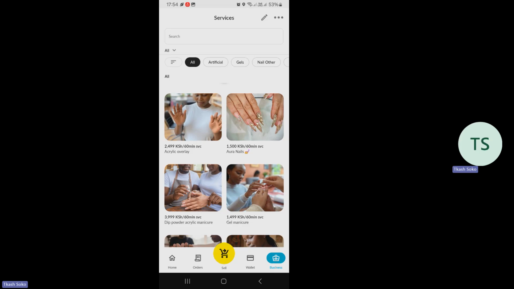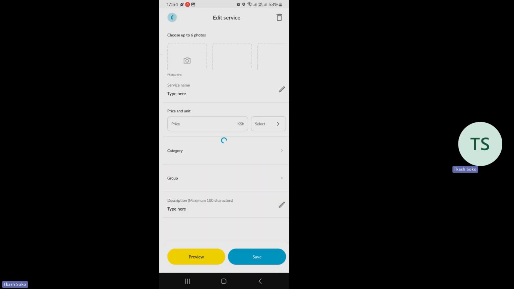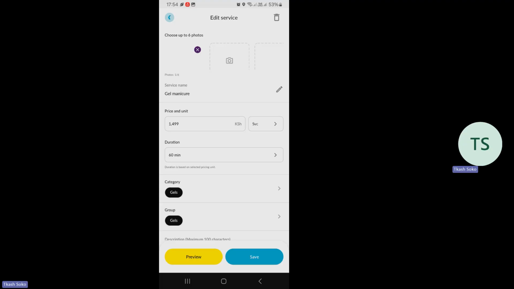Utachange aje hiyo price ndio customer waweze kukuja na waweze kuona that your price is favorable. So utaguza hiyo service whose prices you want to change. Ukiguza, then of course a few things pop up.